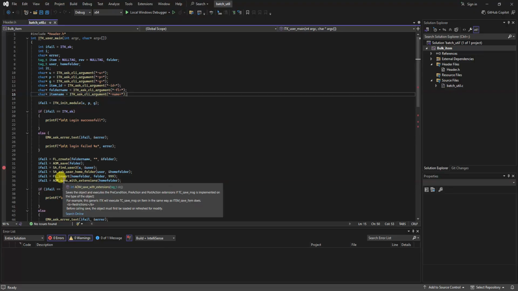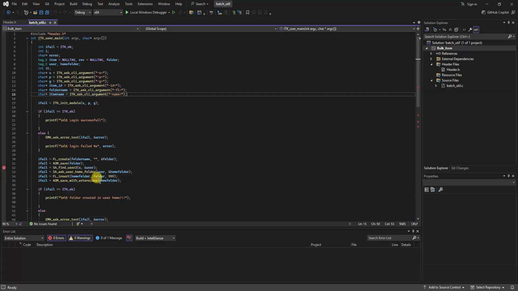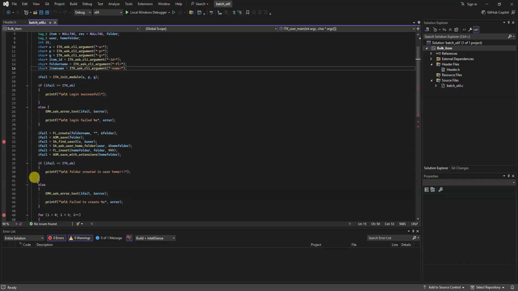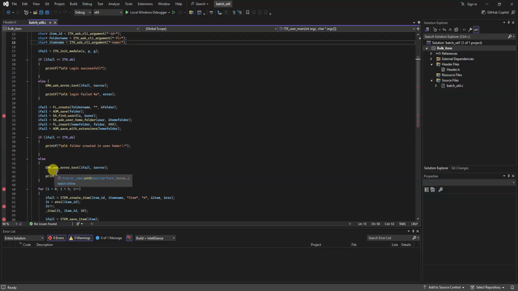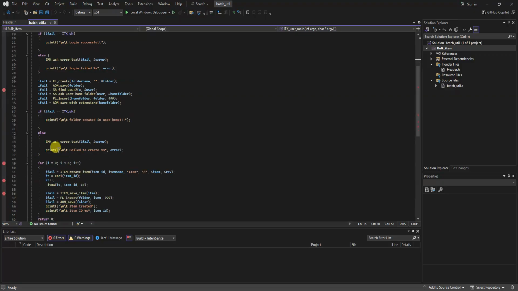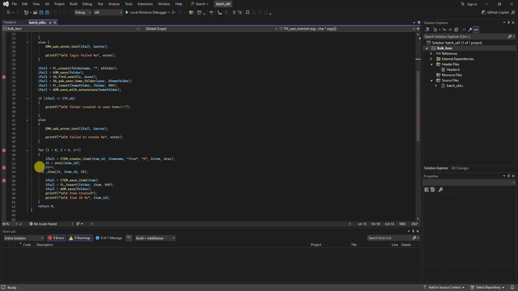And after that we need to save it using AOM save with extension, and we are passing the home folder tag. If the folder is created and saved, we add the condition here, and it will pop up that the folder is created in user home. If not, it will pop up an error. After that, to create the bulk items,